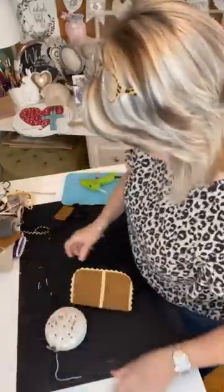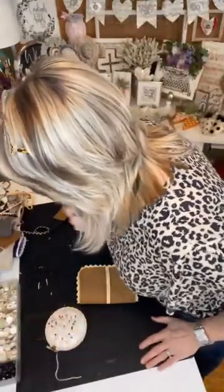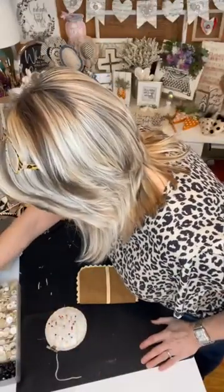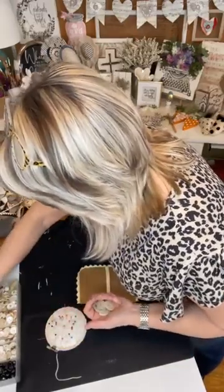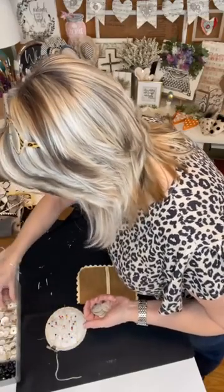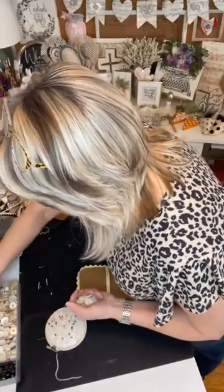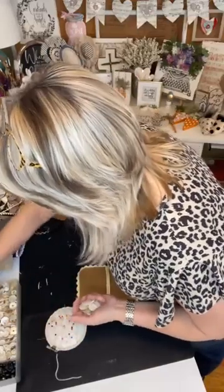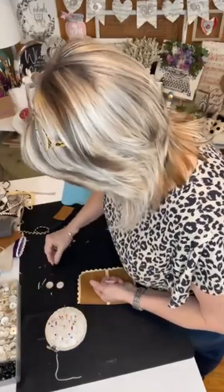And we could use some buttons. I know I have some. My friend Debbie, you guys, she lives in my little town too. And I bought buttons from her before, but she watches this show. And she reached out to me and said, if you need buttons, I have some. So she invited me over, and